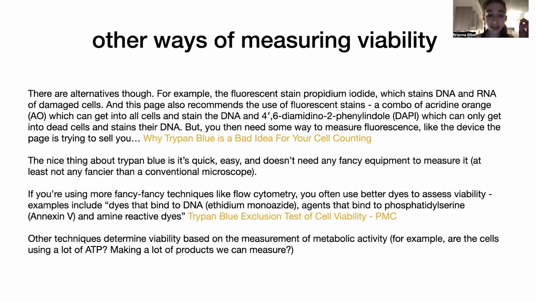And then there are also techniques to determine viability based on the cells actually doing things, so based on metabolism. Metabolism is the making and breaking of molecules. So you can measure if the cells are using a lot of ATP. Are they breaking down ATP? Are they making lots of products we can measure? So there are various metabolic assays that can be used to test the metabolic activity of the cells, often ATP based. But again, these are going to be more complicated things than just sticking a little dye on a sample